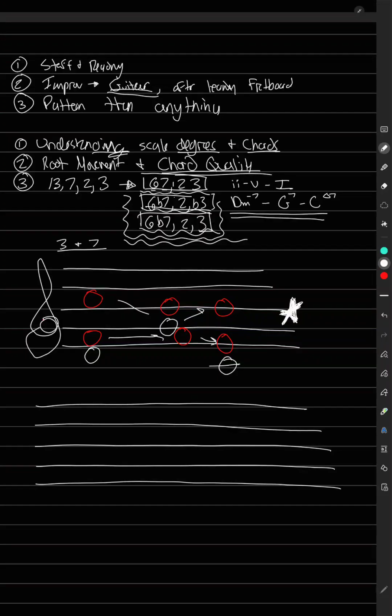So why I say that is because, now I'll write the D out up here. So the root notes again: you've got D minor 7, G7, and then C major 7. So instead of having these gaps like that, this one's not as bad, when you use this approach that I've talked about up here, this 6-7-2-3,